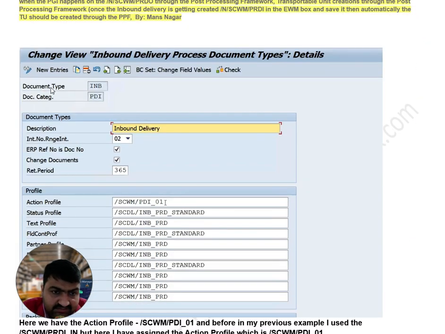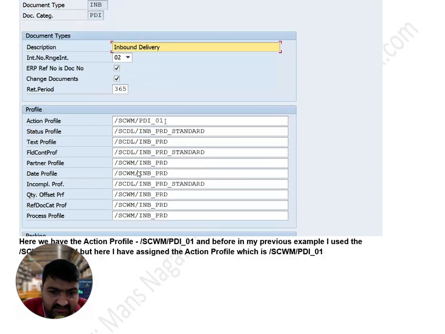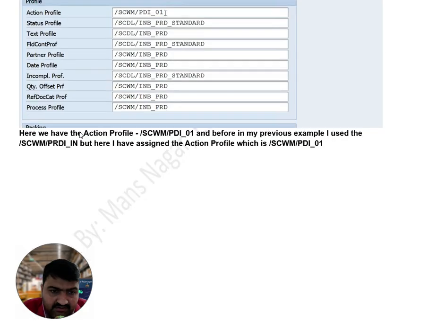Now we can see document type inbound delivery, because I am going to trigger the inbound delivery to be created automatically. Document category PDI, delivery inbound. Okay, so inbound delivery, and these are the settings we can see. Process profile, inbound delivery PRD standard. Okay, status.